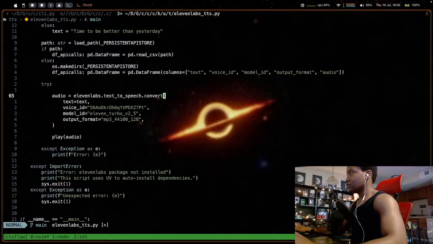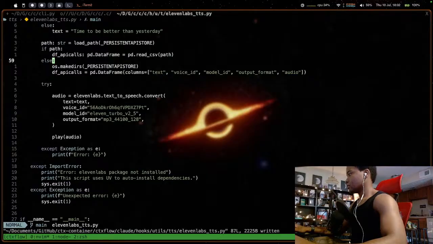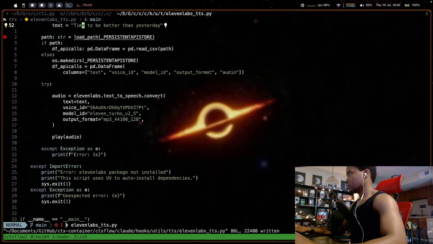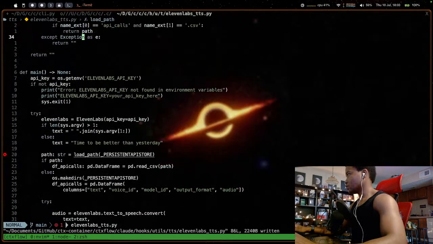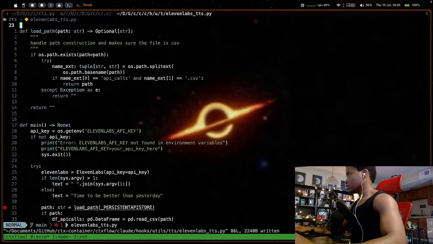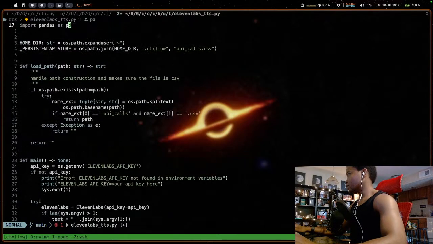Yeah, that looks good. And then this is actually not right either. Oh, I made it optional, and I don't need to make it optional. It's always gonna return a string. Might not need this.